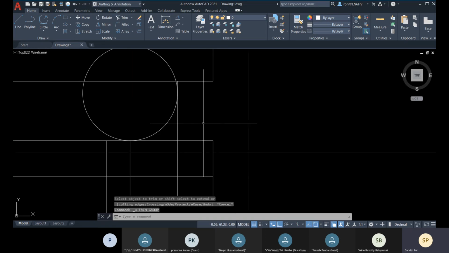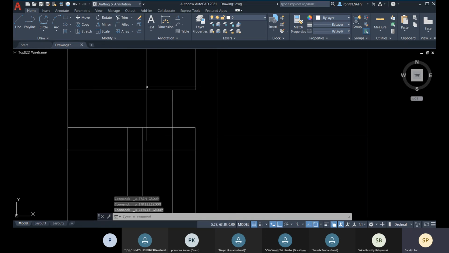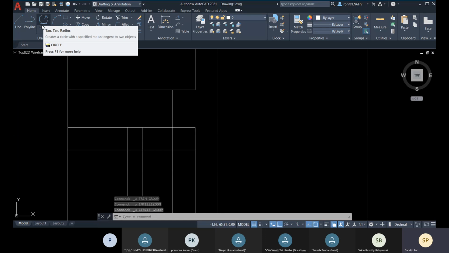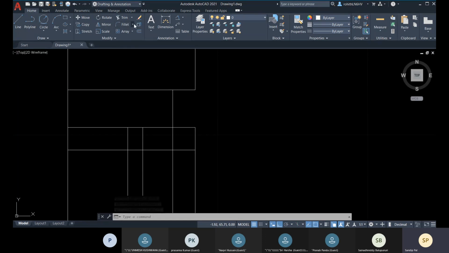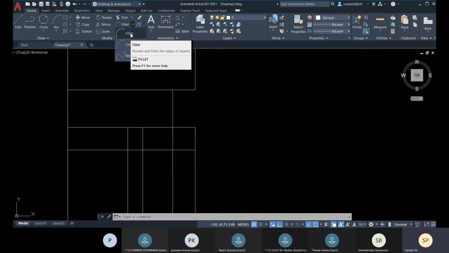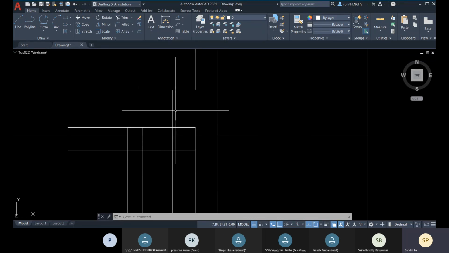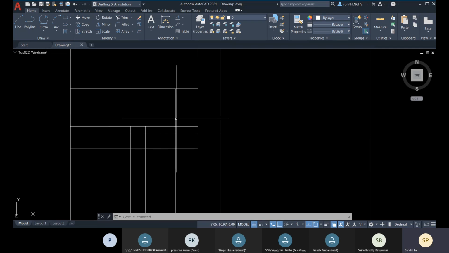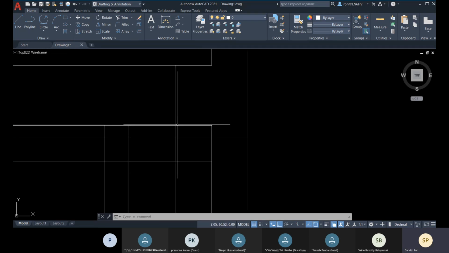Okay, so if you don't need to do this much of operation like circle and then trim, you can directly have this curve with the trim. So for that we have this fillet. So the fillet is to provide a curve in between this corner of these two lines. So I have a sharp corner here and I need to provide a curve. So for that I can go with this fillet and here I can provide this radius.